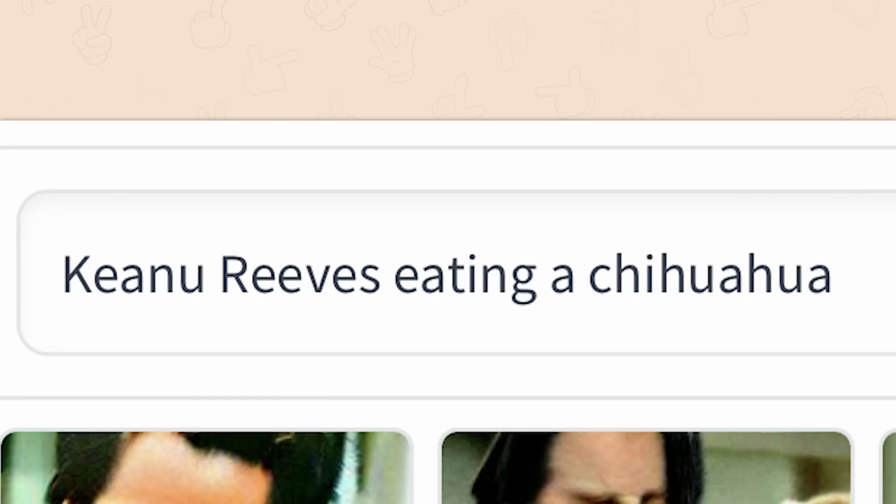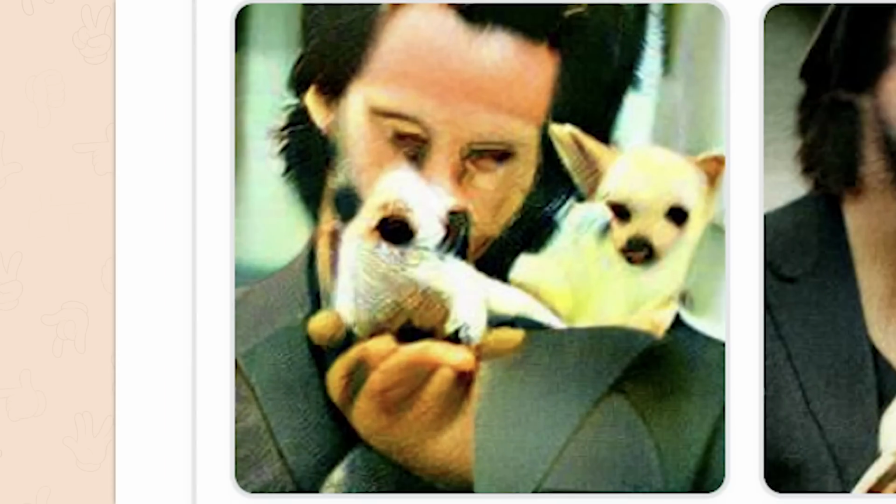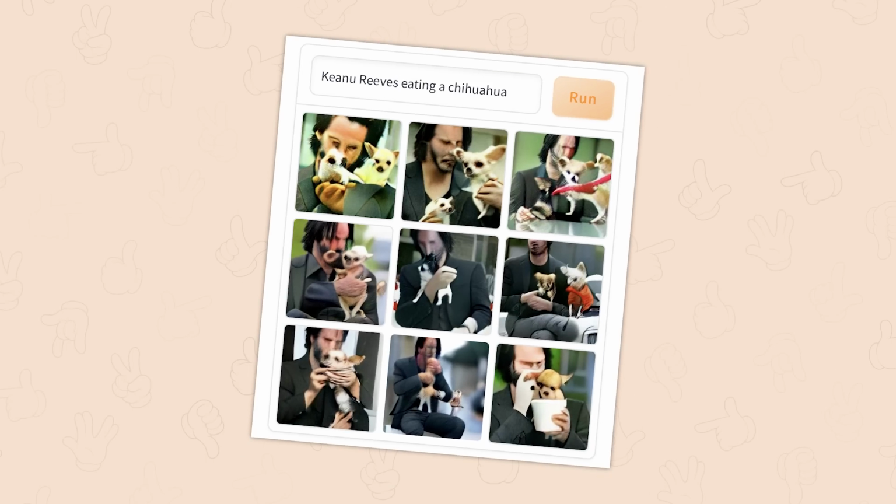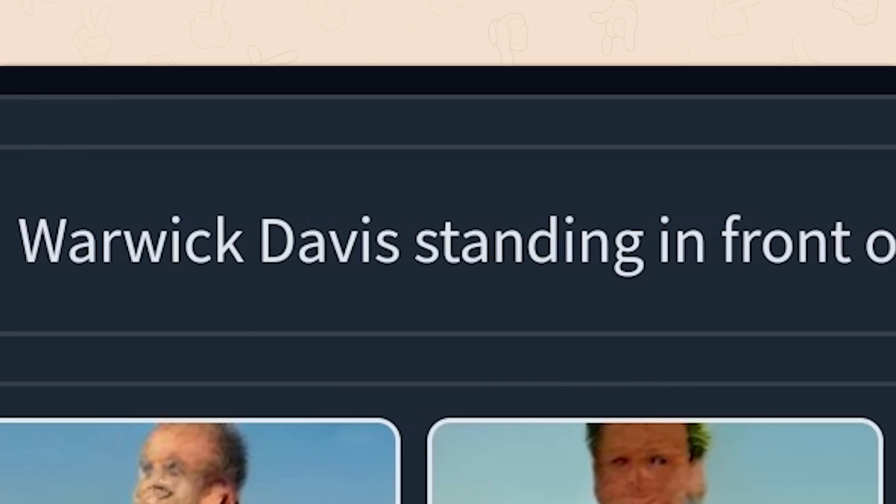Keanu Reeves eating a chihuahua. Oh, that one's cute. Looks like he's giving him kisses. Oh, no! Okay, no mixing animals and humans. Let's do inanimate objects. Warwick Davis standing in front of a...